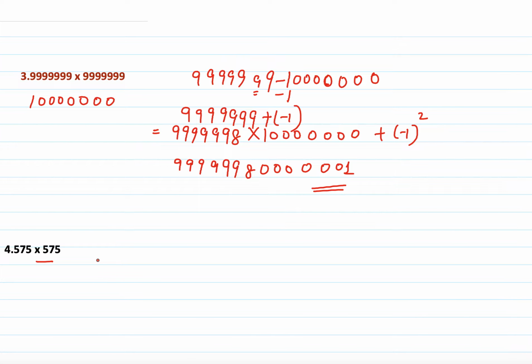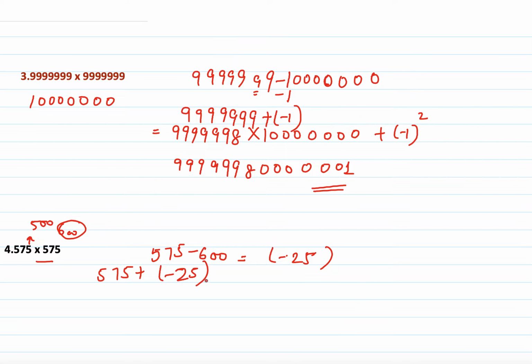575 into 575. Now for 575's base, if you want, you can take 500 also or 600 also. I will take 600 because the difference between 600 and 575 will be quite small. So 575 minus 600, the difference will be minus 25. Right, so now what I will do is 575 plus the difference, which will come out to be 550. Now 550 into the difference, sorry, into the base, which will be